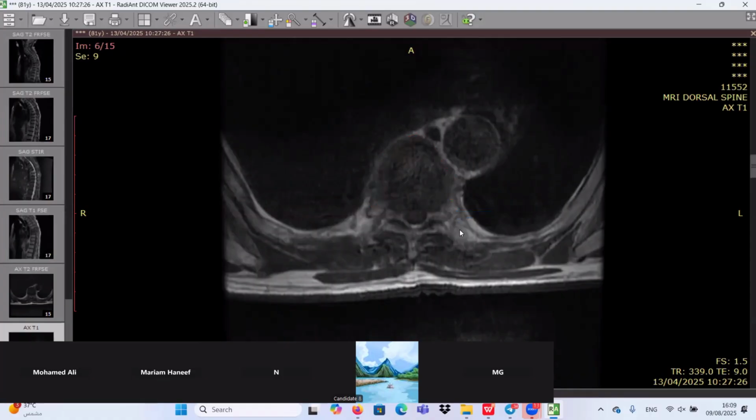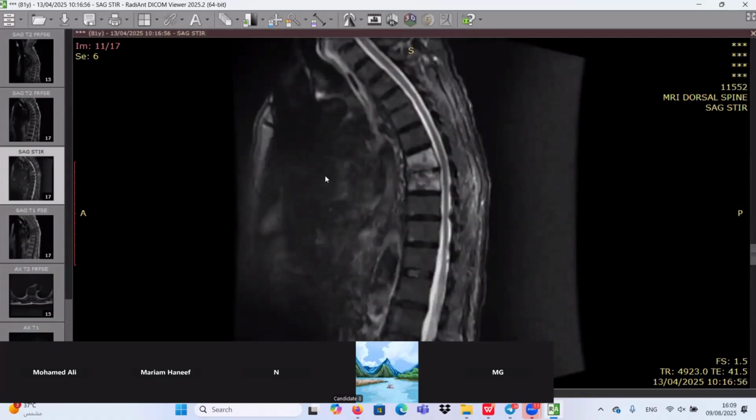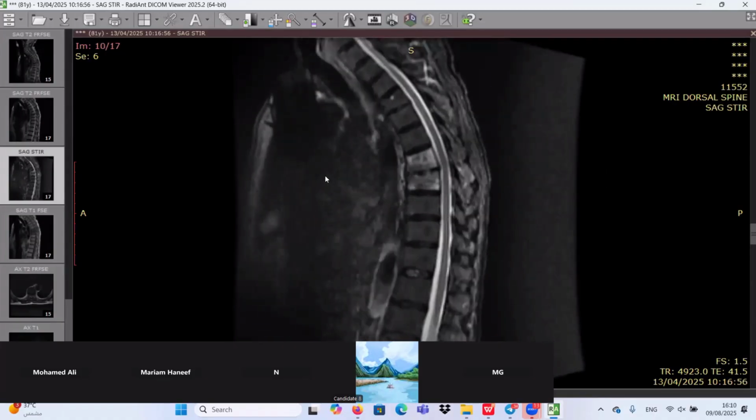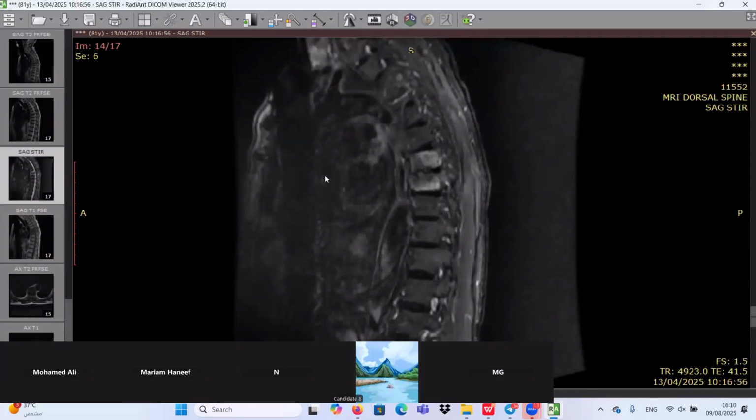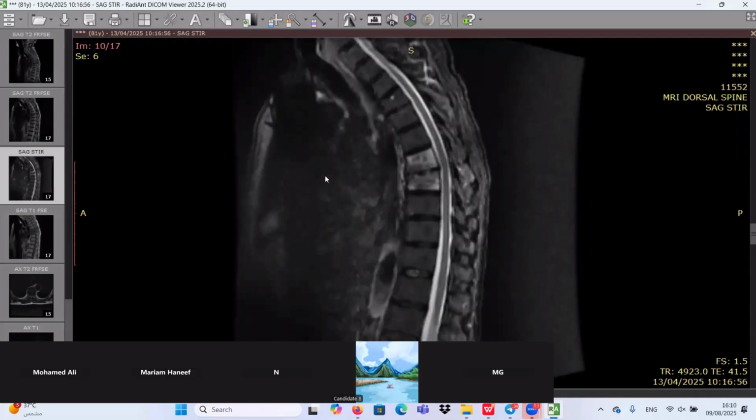But as you said, it's one of the most important findings to check the spinal cord compression. And I think we don't have any spinal cord compression. This one is very important because once we have spinal cord compression induced by the intraspinal phlegmon, this one is considered one of the emergency situations. We should call the neurosurgeon at once. So this is very important. And I agree with you that the most likely diagnosis here is pyogenic